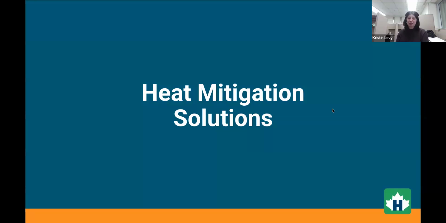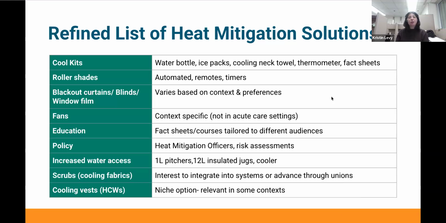So moving into the heat mitigation solutions, I'm going to go through a list with you. We can go to the next slide for that. We had a huge list at the beginning of this project, and it's been winnowed down slowly over time through multiple engagement sessions and meetings with folks. So some of the top ones